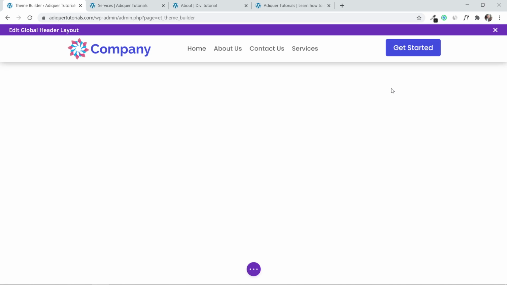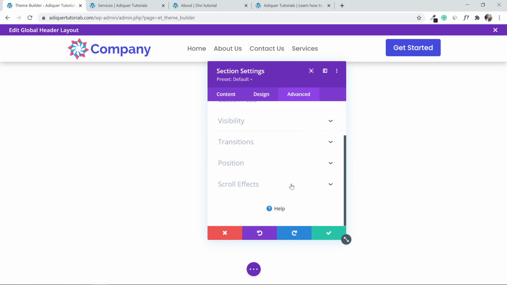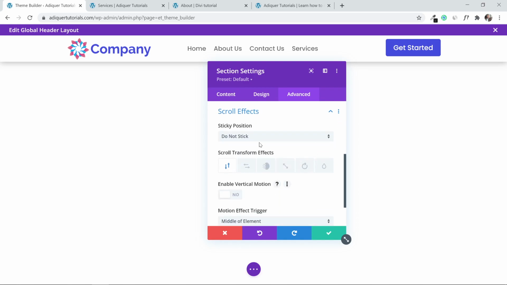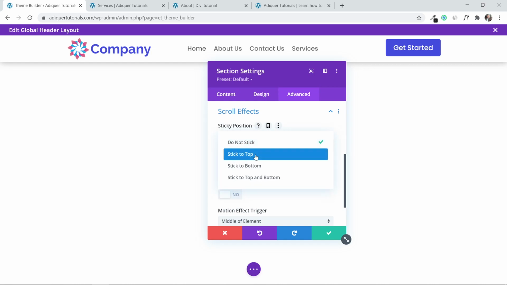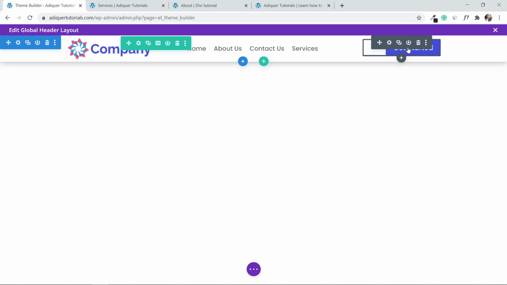Now we want to make our header sticky on top. So to make this header sticky on top, all you have to do is to go to the gear icon on the main container, go to design, then you will see, go to advanced, go to scroll effects, then on sticky position, stick on top, save changes. After you've done this, you are now ready to go, but you must also make sure that you